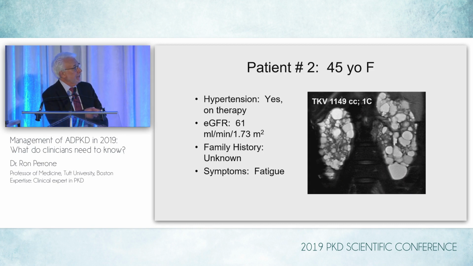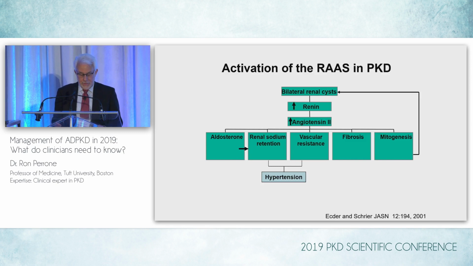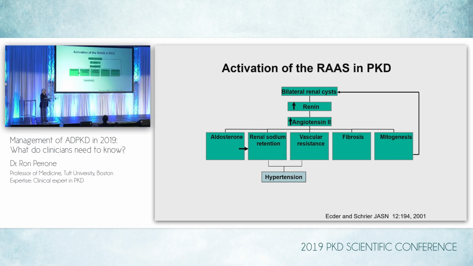She has larger kidneys, Mayo Class 1C. She has hypertension. Her GFR is 61, which is almost in stage 3 CKD. Family history is unknown, and her major symptom was fatigue. So the HALT study took advantage of the known activation of the renin-angiotensin system in PKD, where you can think of